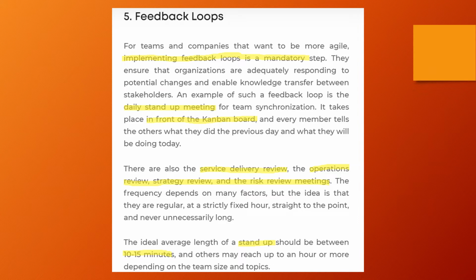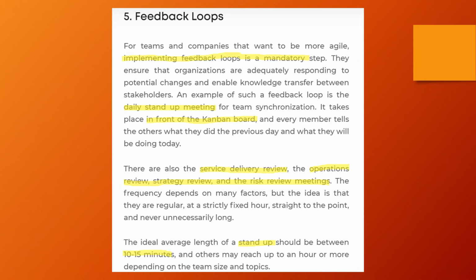Feedback loops, right? Implementing feedback loops is a mandatory step in Agile as well. One such feedback loop is the daily stand-up meeting. A very famous one is the sprint retrospective. So the retrospective is a very famous feedback loop mechanism. Even the sprint review is a feedback mechanism for the product, right? So daily stand-up meeting, you know that, everybody